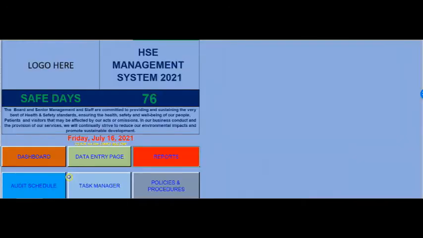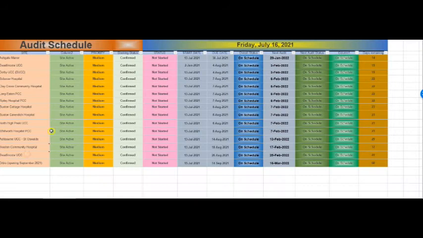So if we go back to the home page and we click on audit schedule, this is the list of audits that we've got coming up. Some of the dates are actually accurate, but what you'll find on here might have changed. If I add information on there, which I haven't dragged the drop down box on yet, but say we do that, I'll just delete them out so I can put in new sites